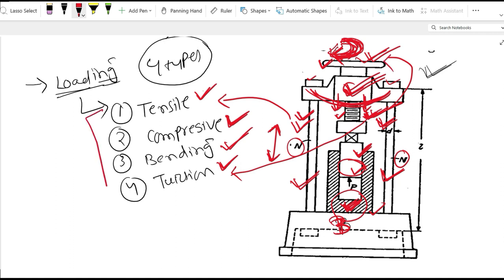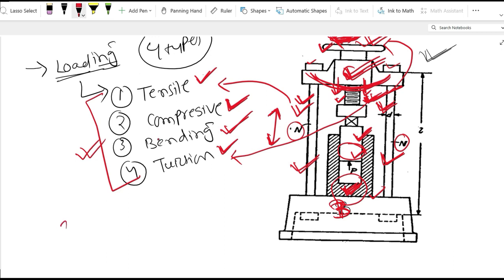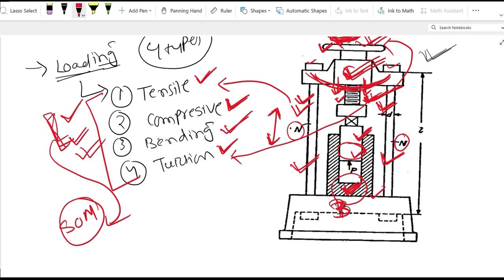So these are the basic four types of loading that we are going to study in strength of material. First, we observe tensile and compressive loading on a prismatic bar, and we will see what changes in terms of shape, size, volume are going to take place on that bar,